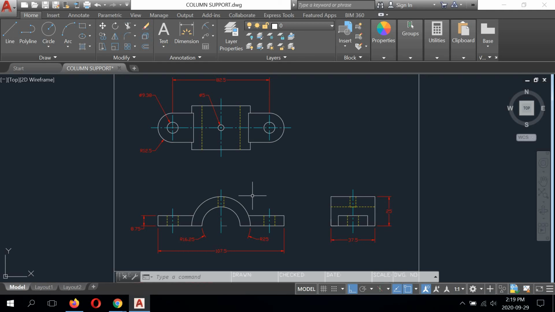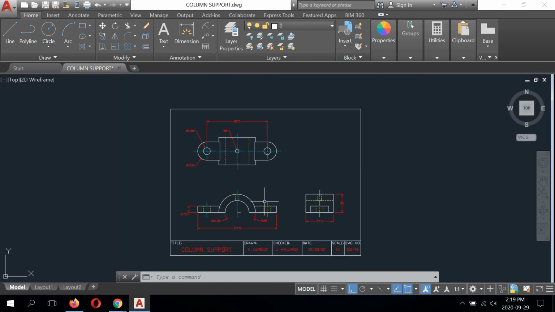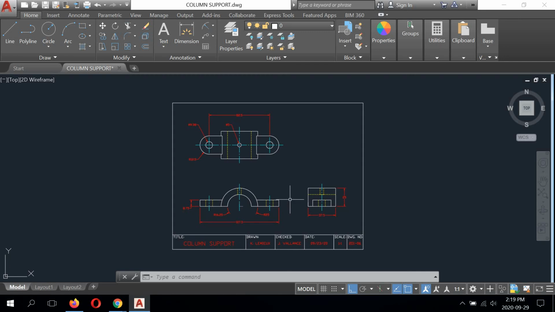But that should be it. Okay, so that is the completion of the basic dimensioning for the column support. So try it out. Make a decision about how you want to show these radius values,